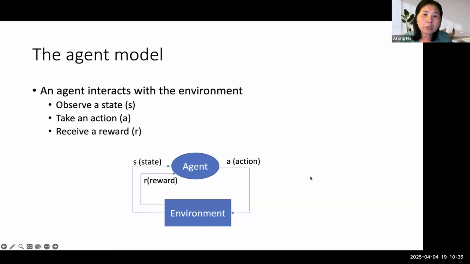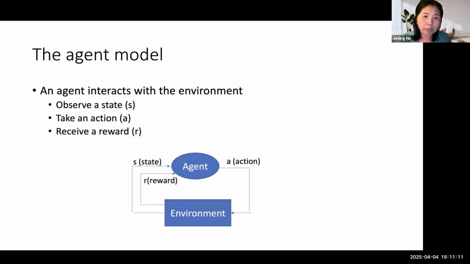So the reason I want to use this framework is that it is much more general to describe how an intelligent being works. An agent essentially is something that sits in the middle, interacts with the environment, and observes what is happening. So you can think about a large language model itself as an agent in that sense. A robot is an agent. So everything in the future essentially will condense to this model.